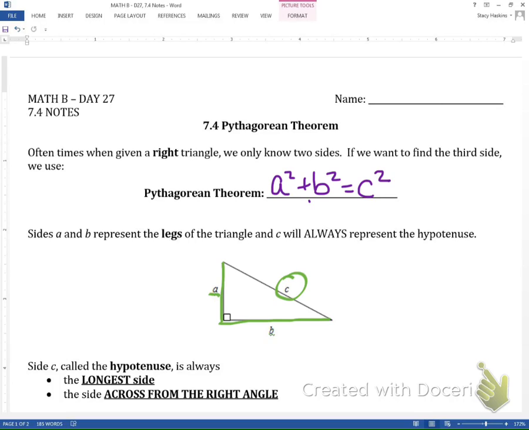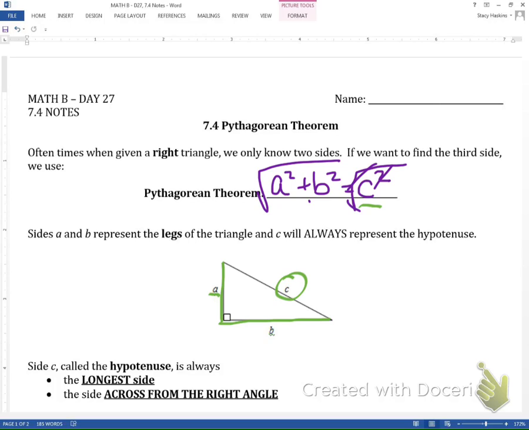Let's start off with side C. Because C is almost already by itself, we see that here is the term with the C in it, and then we have an A term and a B term. Well, to get C all by itself, you notice that it has the exponent of 2. To get rid of that exponent, you have to do the opposite of an exponent, which is a root. So if we take the square root of both sides, that will cancel out